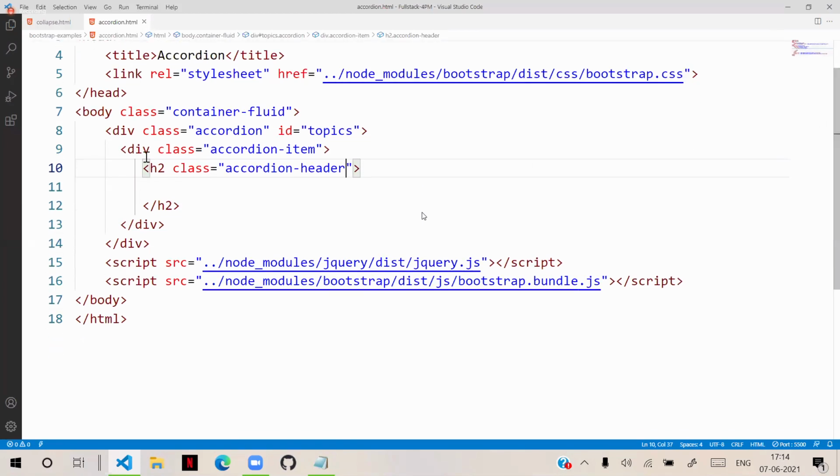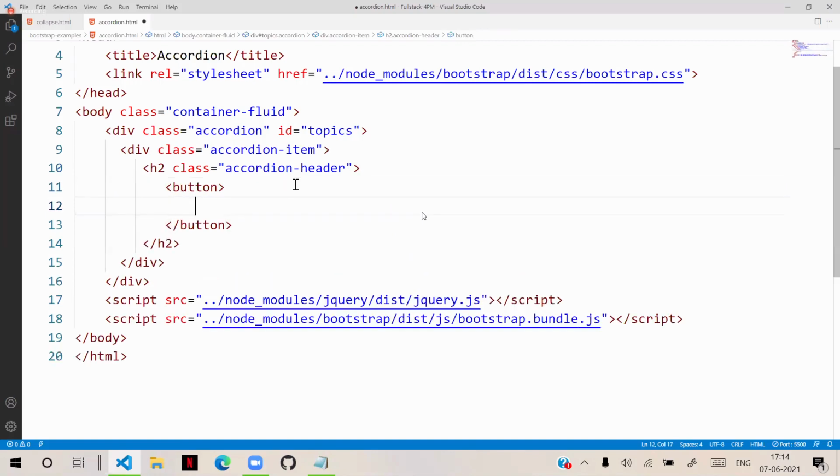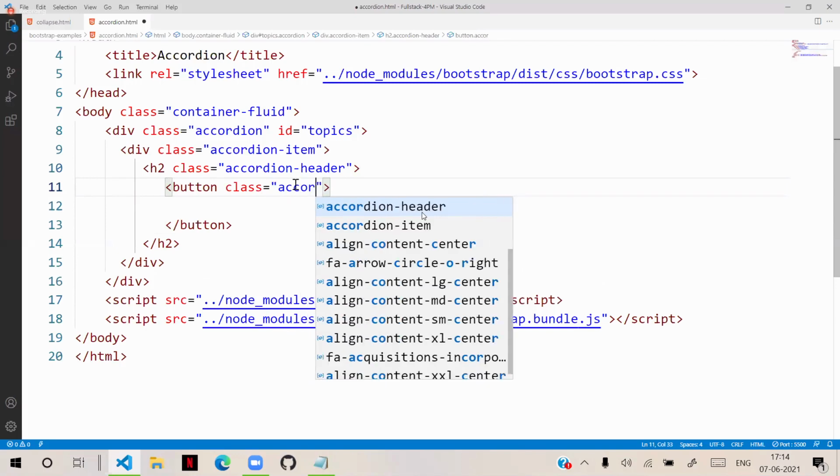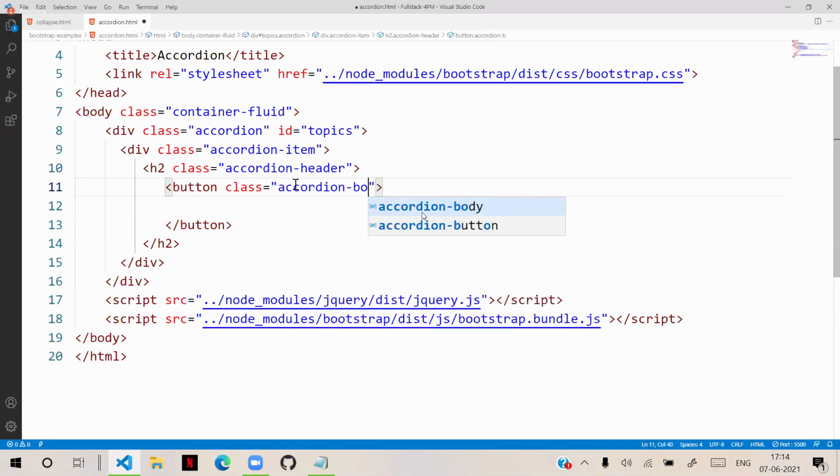Initially, accordion is a collection of accordion items, and currently we have only one item. In that accordion header, I can give a button. For this button, I will give the class as accordion button.